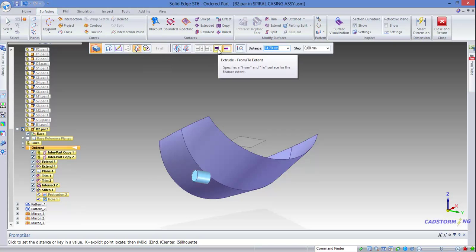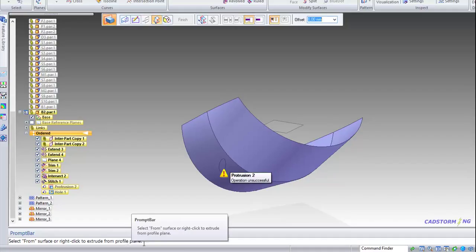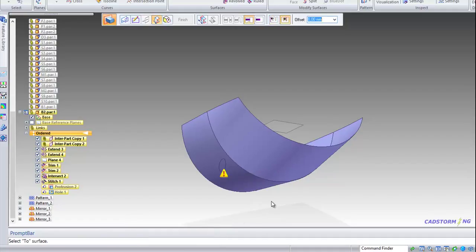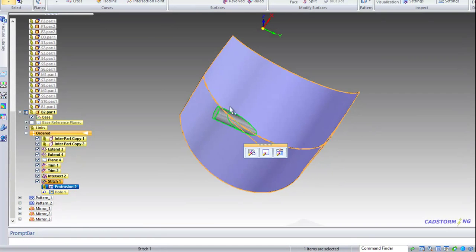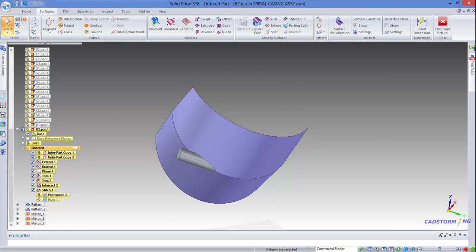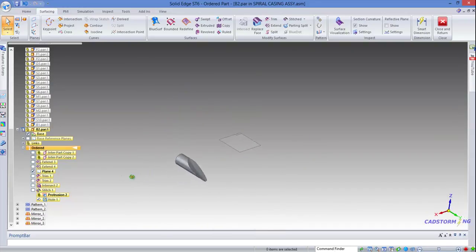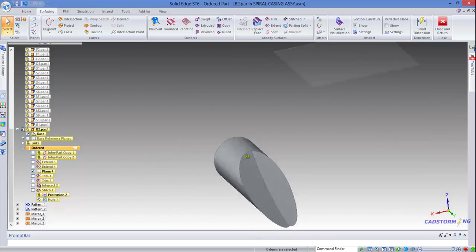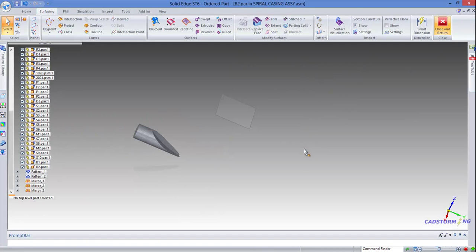We will now select from to extend, right click to accept the profile plane as the from plane, and the two surfaces, we will select this body, and now you can see how the protrusion is really limited. Okay, now we'll hide these two, so we can see the result, and there it is. Now we will close and return to the assembly,